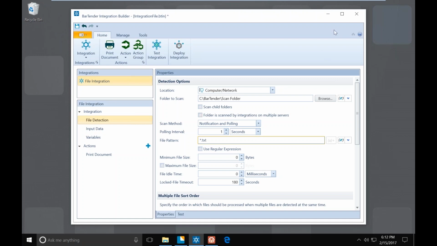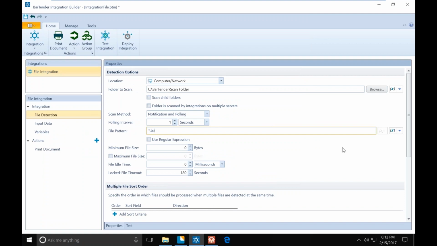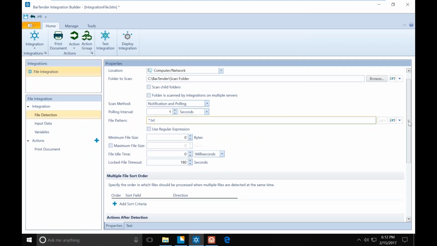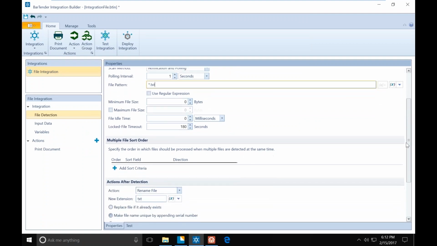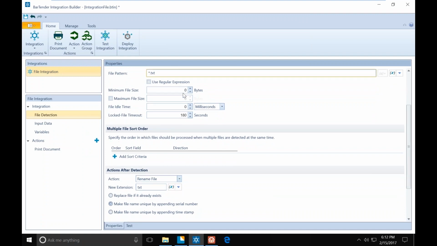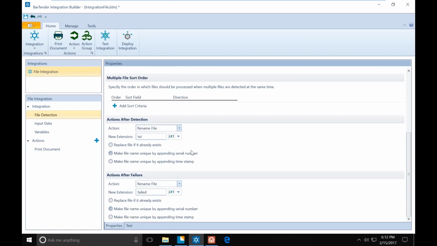So we'll scroll down in this properties page here and we'll get to the minimum and maximum file size. If that's necessary, this is where you can use it. And that's mainly used in FTP type environments. And then the next major thing that we need to pay attention to is the actions after detection and the